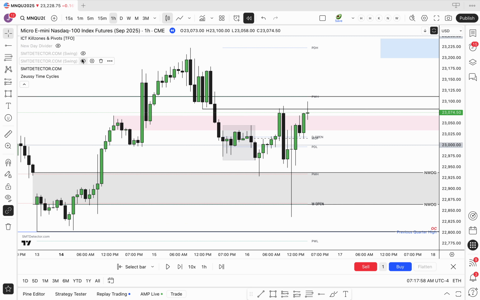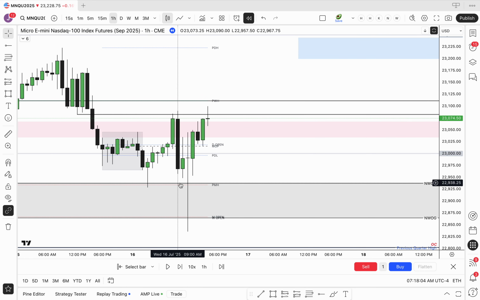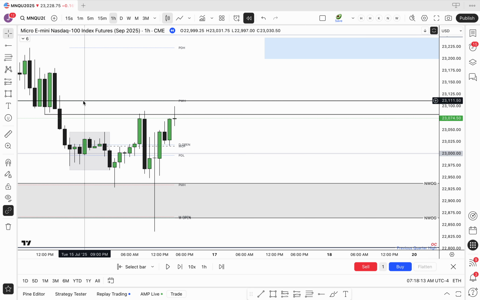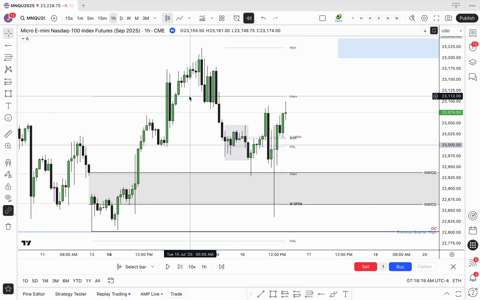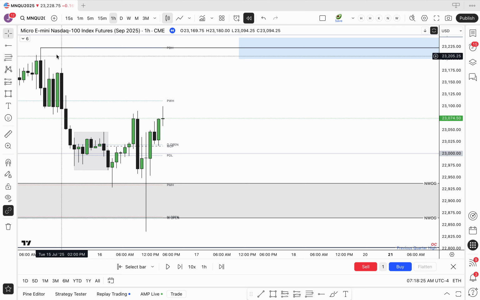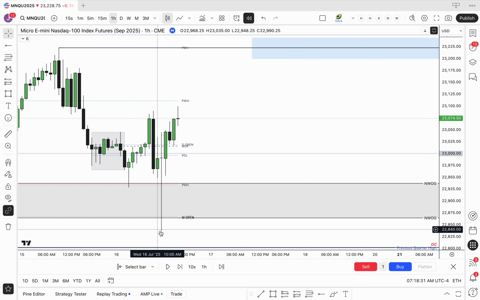But let me clean this back up so it's easier to see. And then once we wick down below here, that's SMT, we run higher, we want to look to the new left side of the curve. And the new market maker model that's forming, which is here. Okay, original consolidation up here. Smart money reversal here on the higher time frame. It's a daily SMT. So we're looking at a 1 hour market maker model now.